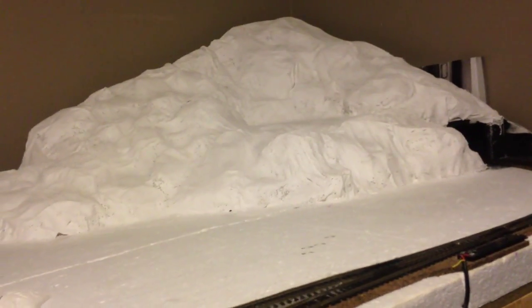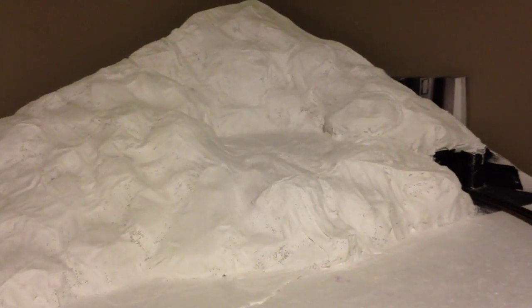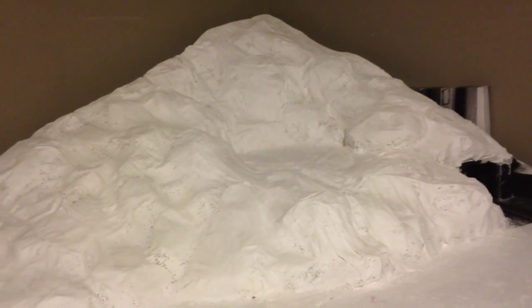So I named my little area Fraser Valley, if I can get that to focus on my iPhone here, which is terrible. No, it won't focus. But anyways, this is going to be a fictitious town in the BC area, with VIA Rail service, and right here is where I plan to put the station. Then a small farm or cottage up in the mountain there, and a main street sort of scene. So far I've done...